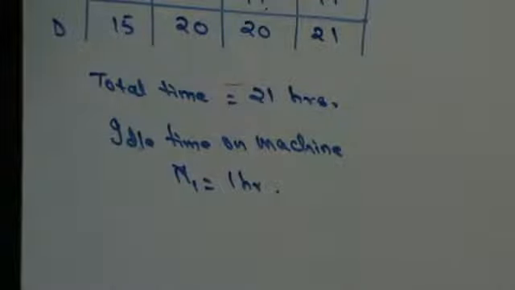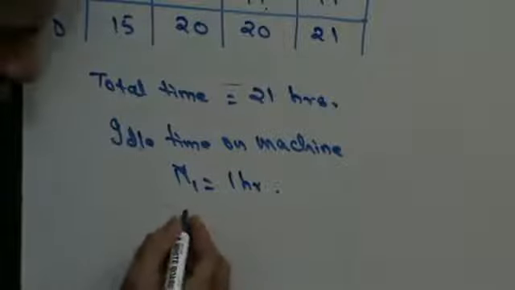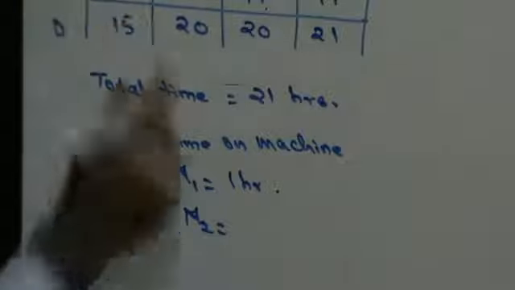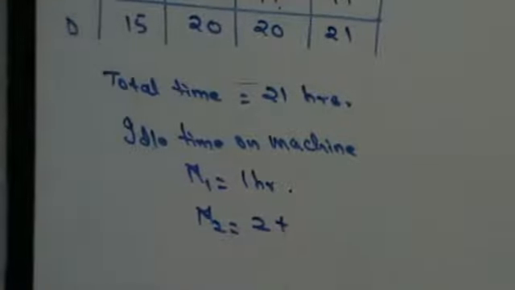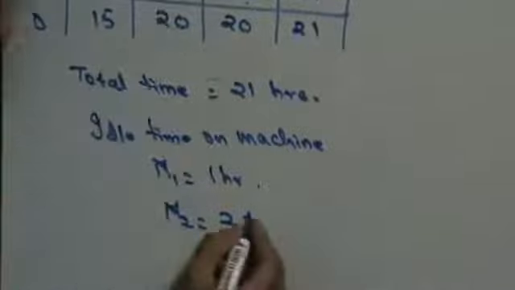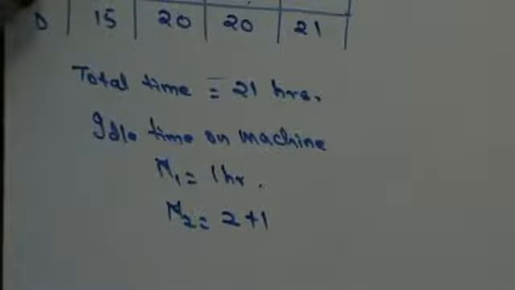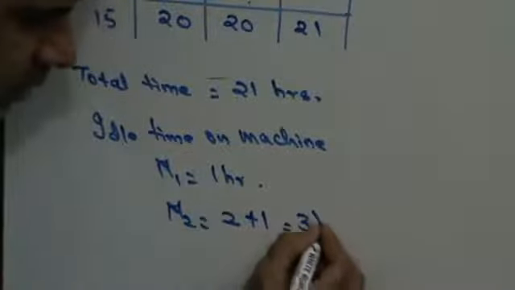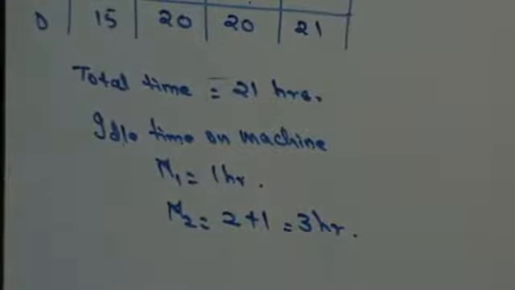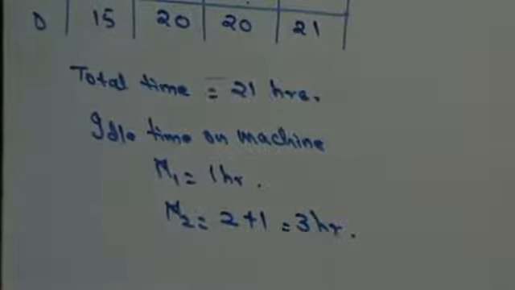Right? Now, in the case of machine 2, it cannot start working for the first 2 hours. So it is going to be idle for 2 hours there. And I have job C was completed in 19 hours and job D was started at 20th hour. So 1 hour it is idle there also. So in that case, I can say that this is 3 hours. Idle time on machine M2 is going to be 3 hours. Fine, do we get this thing here? Right. So that finishes the sum.